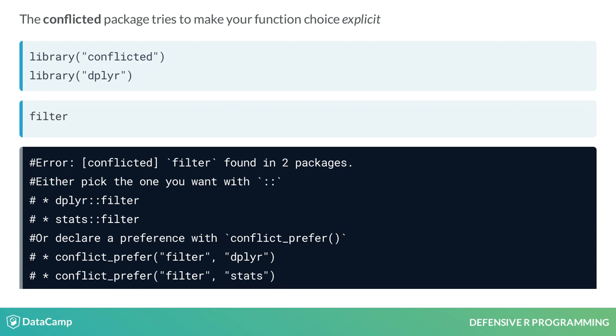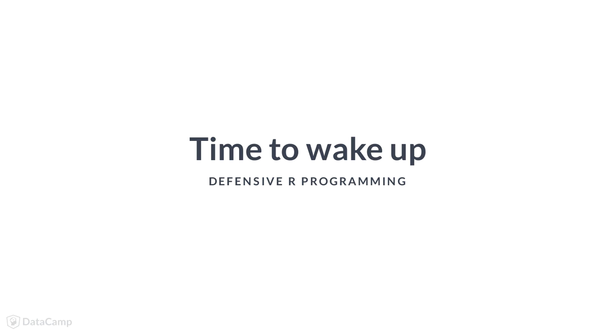For example, suppose we load the dplyr package. When we come to use the filter function, the conflicted package highlights the issue and makes us explicitly choose. Right, time to wake up and put what we've discussed